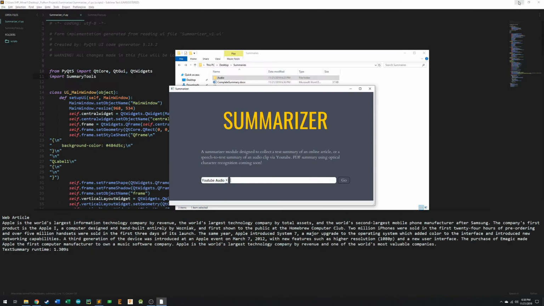So what I'm going to do is I already have that link copied. Because I have YouTube audio selected, I'm just going to paste that URL into the bar. And then I'm going to hit this go button again, and we're going to see this console just pop up with so much information that I have programmed in about what it's going to do, which is display the download data,